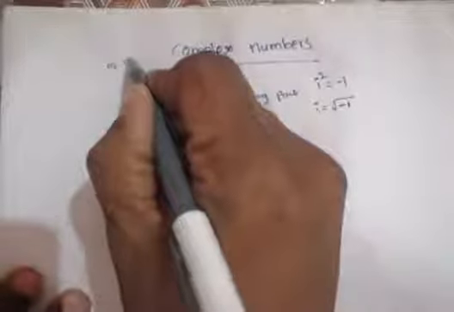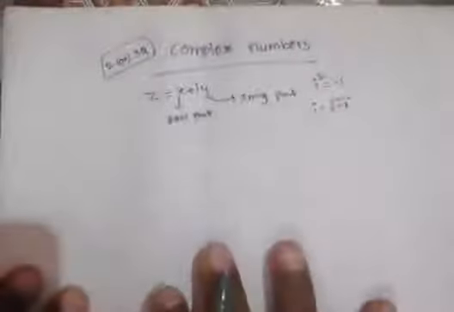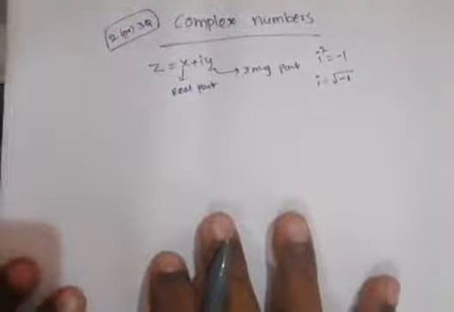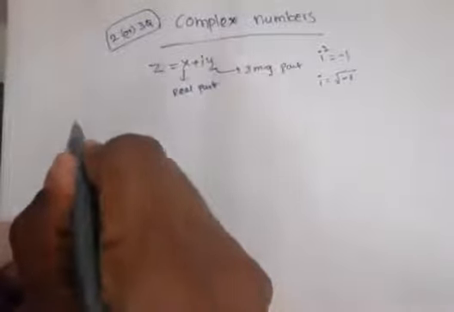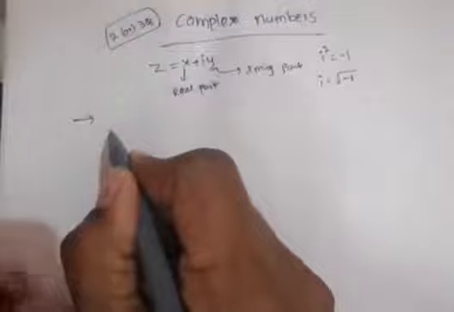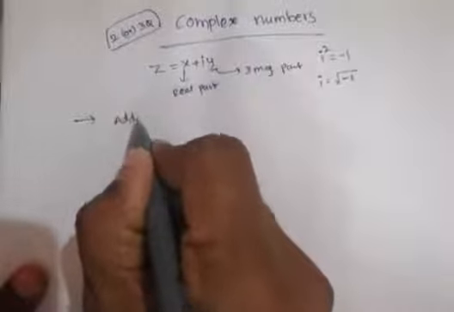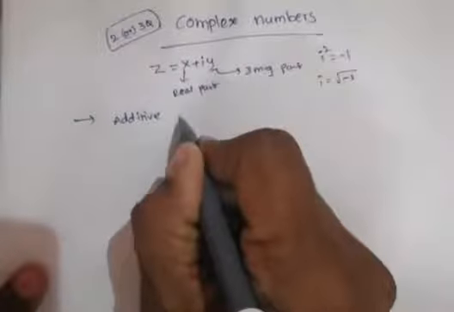In the set, 2 or 3 questions will appear. It is a very easy chapter. So we will discuss all points first. After that we will go to problems. So the first point we have to discuss is additive inverse